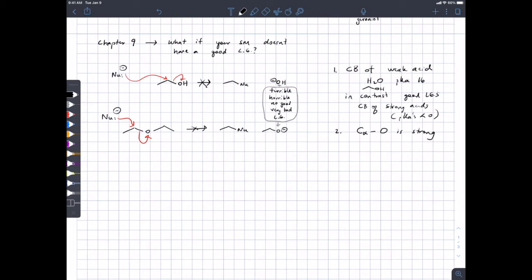So substitution, and we could say the same thing about elimination chemistry, doesn't work that well for alcohols or ethers. So we need a workaround. And there are a number of them, and some are better than others. One of the simplest works